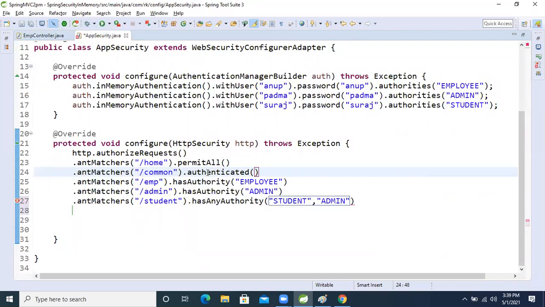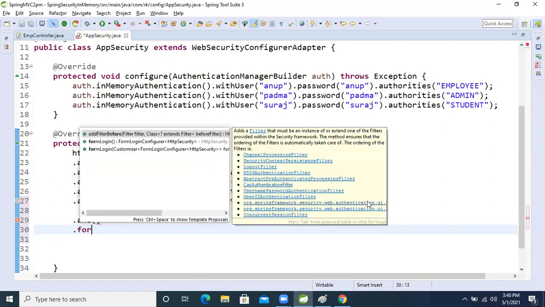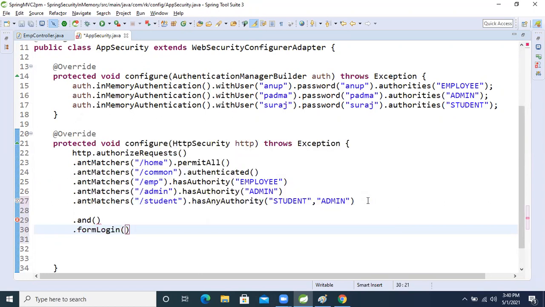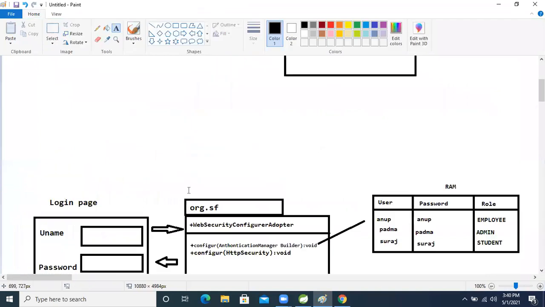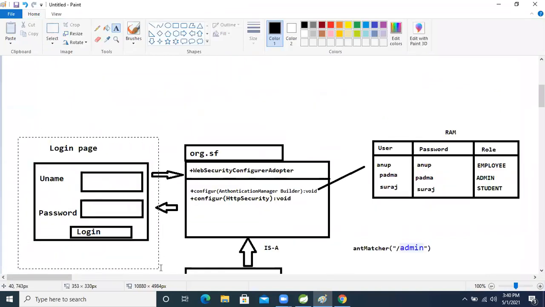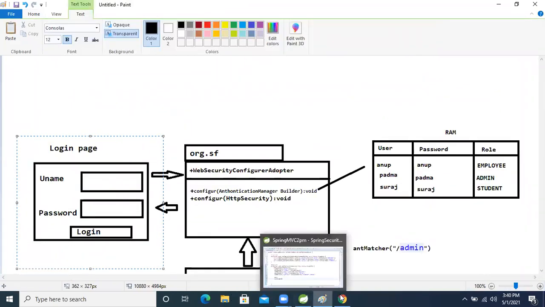But before that, we need to take one login page. So dot and, I need form login, right? By default Spring will give one form, this form, guys, the login form. We will get this login form by default.